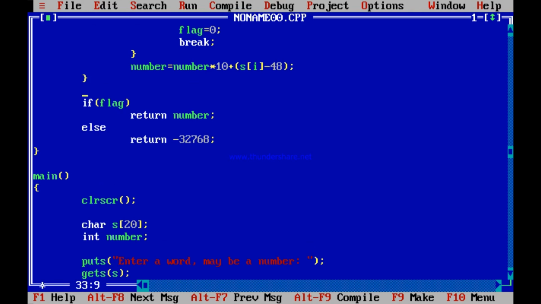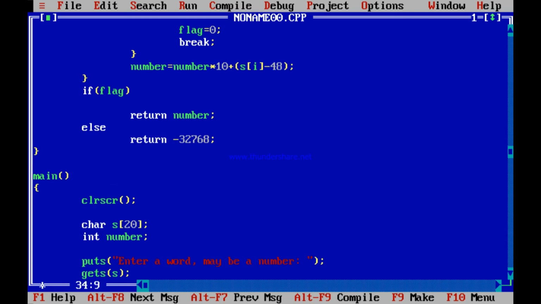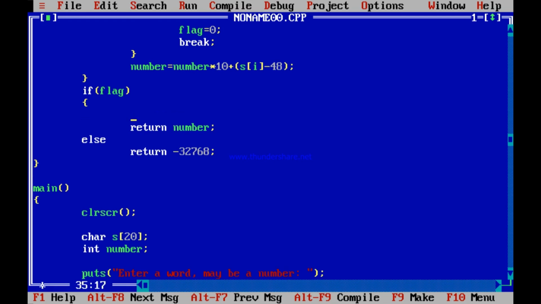I will have to check whether it is a negative number or a positive number. Remember, only if flag is 1, then it is a number. So over here, if flag is 1; the else part is absolutely fine, it is not a number. But if flag is 1, I need to return a number, but prior to that, I need to check something.